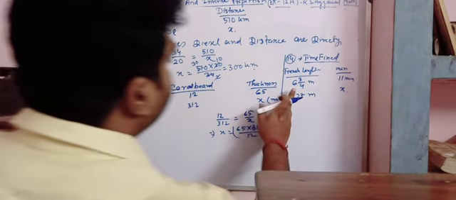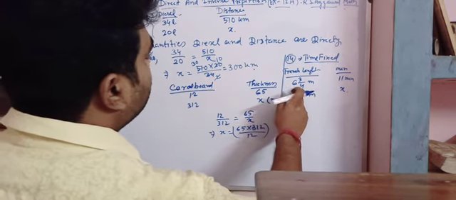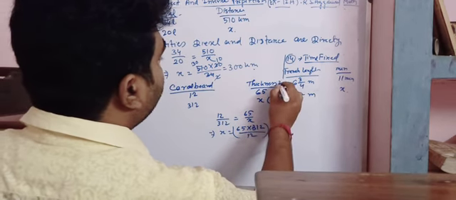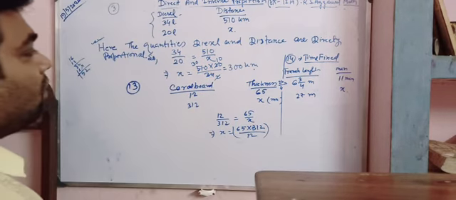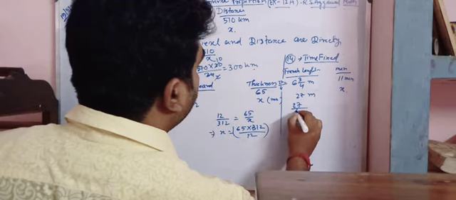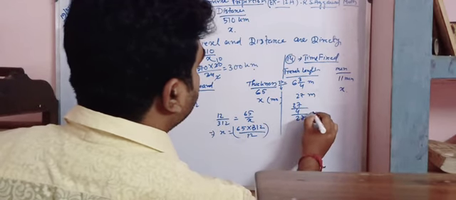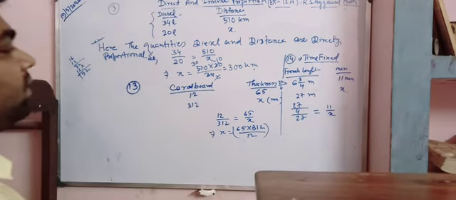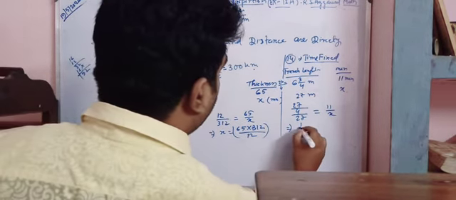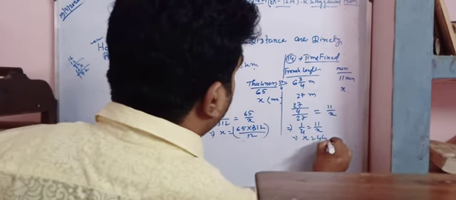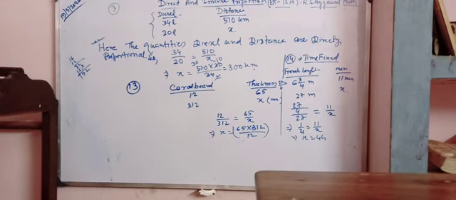So here we can write this as 27 by 4. My 27 by 4 divided by 27 equals 11 by x. So you have to remember that. So that means 1 by 4 is equal to 11 by x. So x is equal to 44. 44 men required. Next, question number 15.